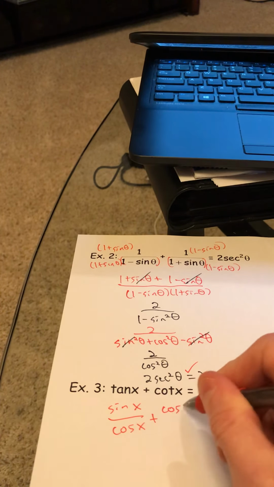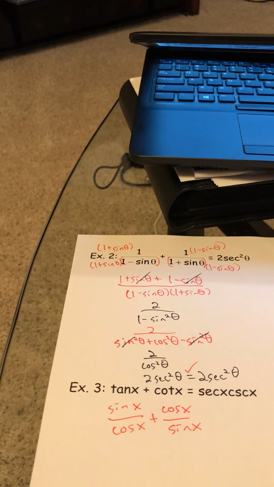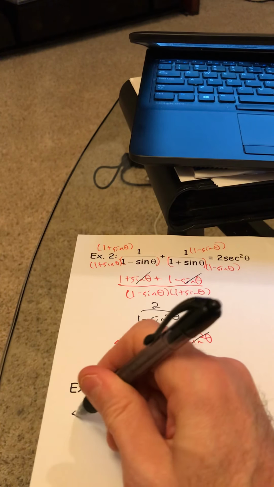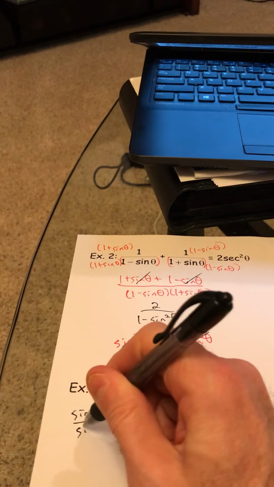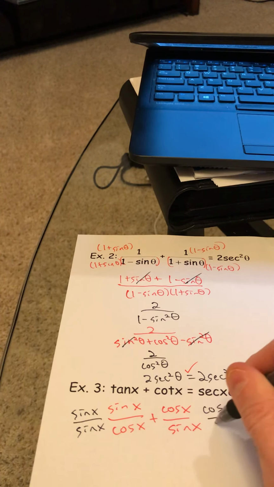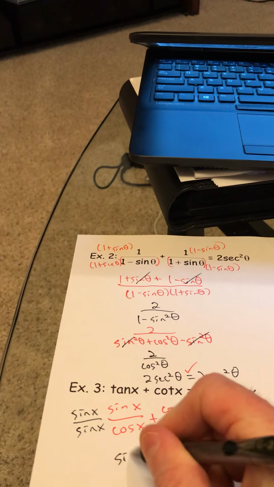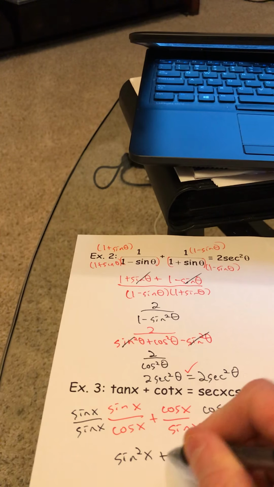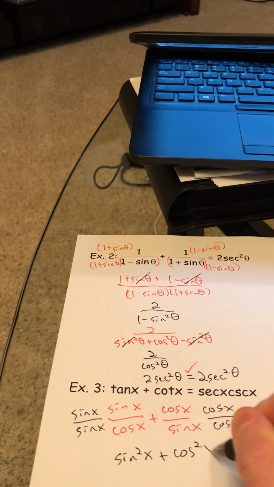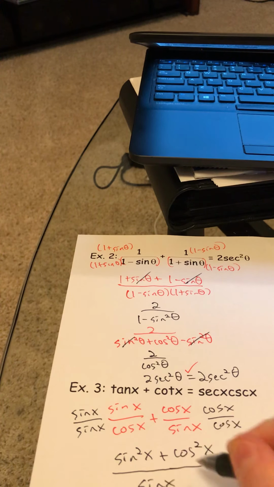Cotangent is cosine over sine. From here, again, we'll get a common denominator. So I'm going to multiply the first fraction by sine x over sine x. I'll multiply my second fraction by cosine x over cosine x. So that gives us sine squared x plus cosine squared x over sine x cosine x,